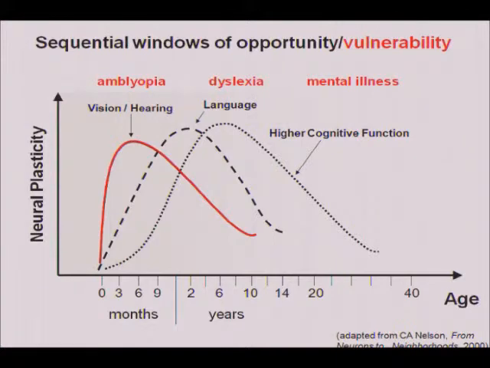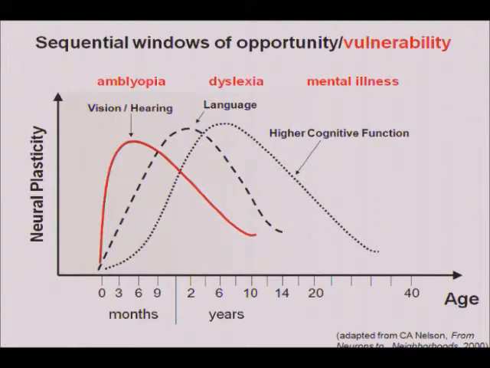So take the example of language. You'll hear a lot more about it in the next talk from Janet Werker. Babies are born into the world not knowing where they will land, but then are showered with sounds, native and non-native speech sounds, as well as non-speech sounds, and somehow they have to sort through all of that.